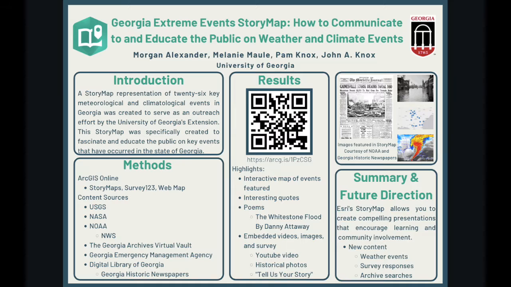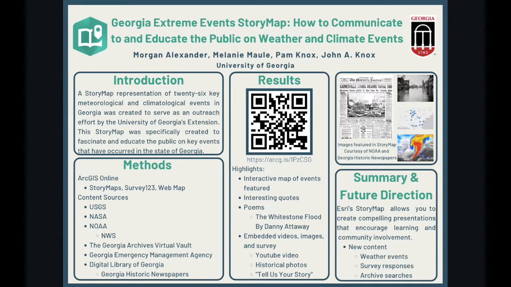A story map representation of 26 key meteorological and climatological events in Georgia was created to serve as an outreach effort by the University of Georgia's Extension. This story map was specifically created to fascinate and educate the public on key events that have occurred in the